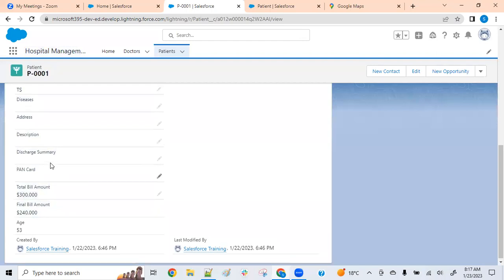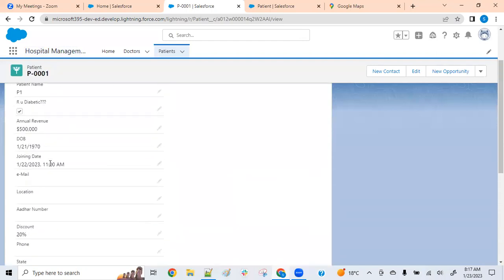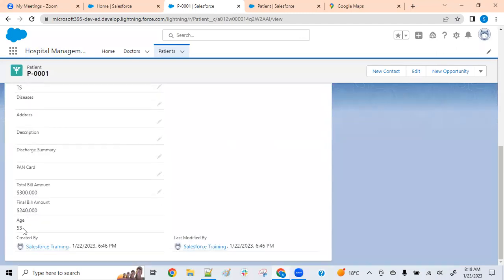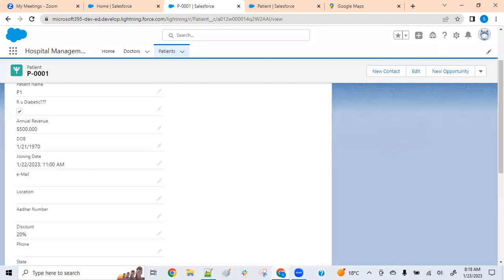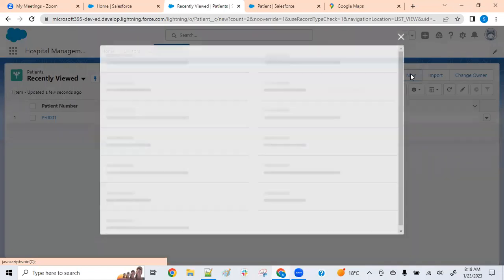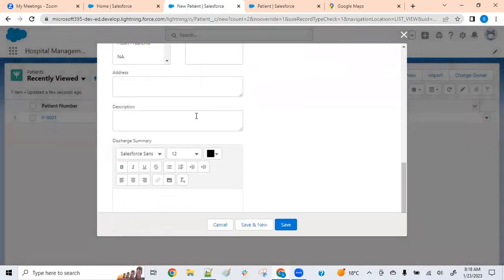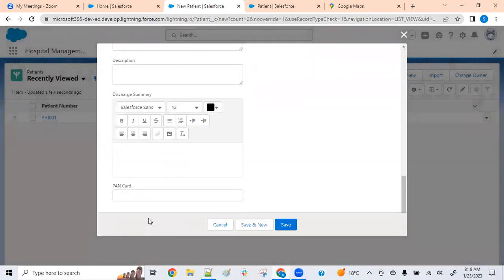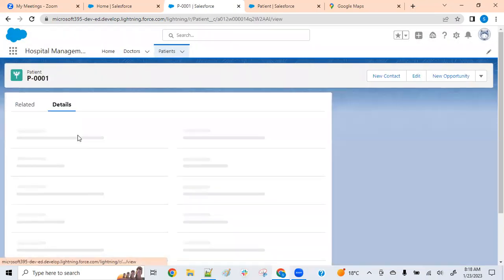And age, right? We entered the date of birth as 1970, right? Now what is the age now? The patient is 53, right? See, these formula fields are always read only. These formula fields will be available only after creation of the record. When you are creating a new record, you can see those two fields will not be available, the final amount and age, right? Because those fields will calculate only after saving the record,